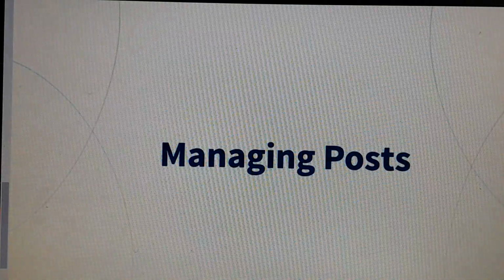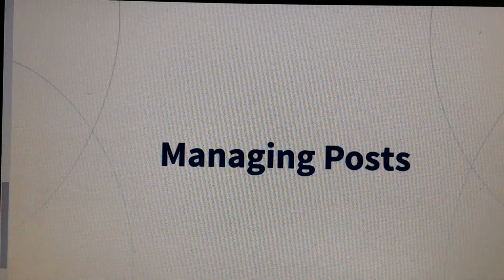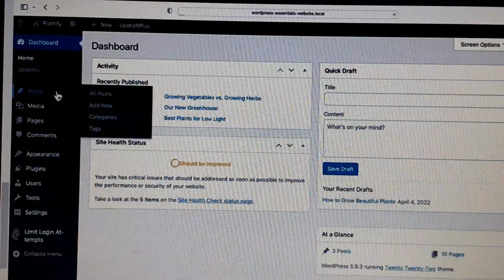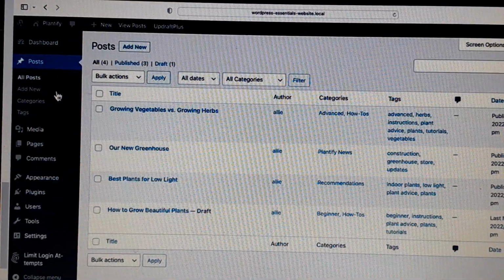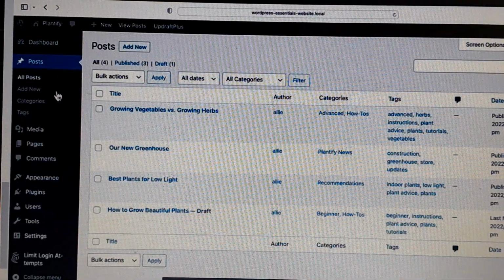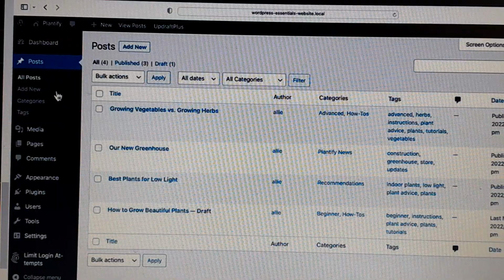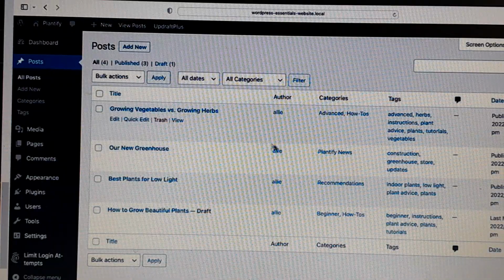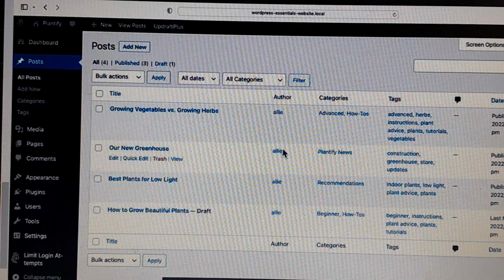Throughout the life of your website, you may end up with lots and lots of posts, which you'll need to manage. You can view them all on one screen all at the same time, which you access by clicking on Posts from the main navigation. If you watched the Managing Pages video earlier on, the content here is very similar. This screen contains the Add New button here at the top. In the middle, you have a list of all of your posts, including the title, the author,